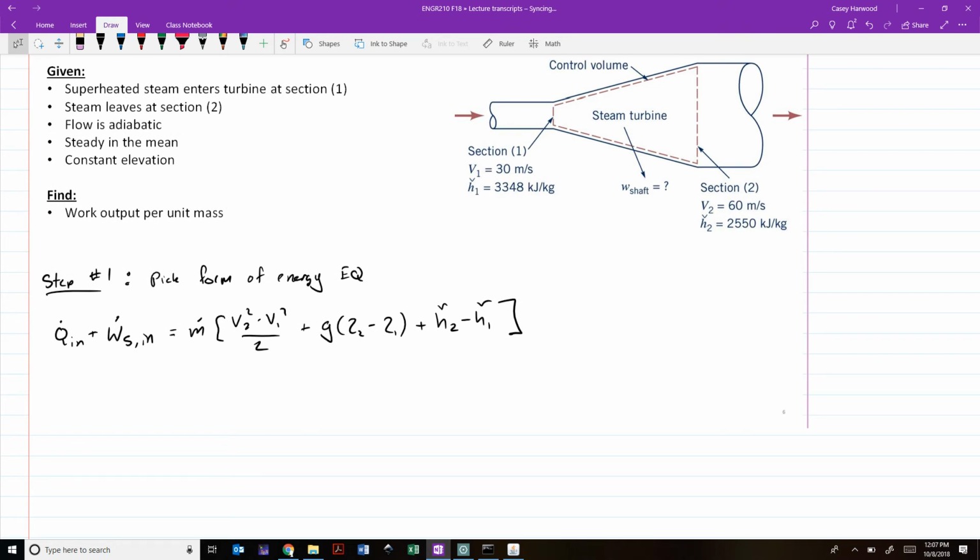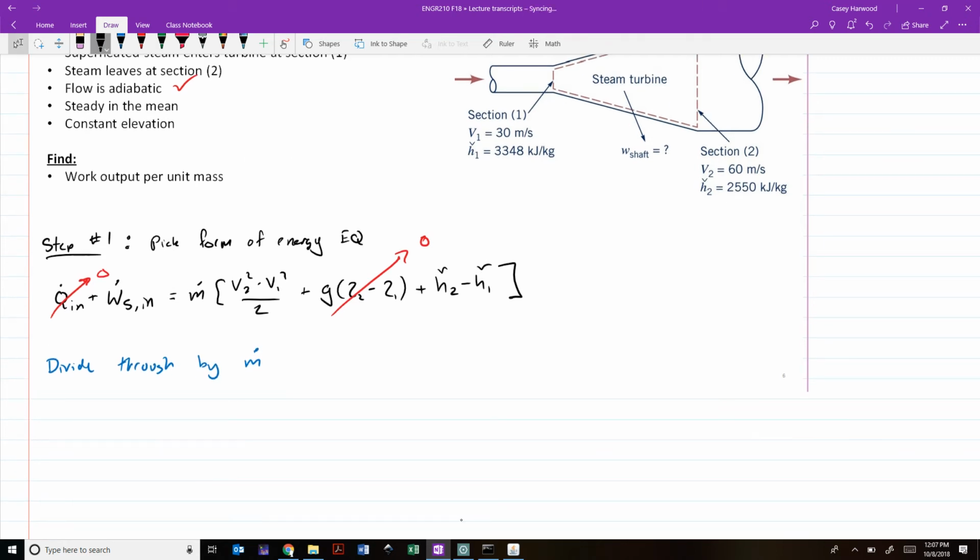From any of these givens, can we at this point cancel anything out immediately? That can go away. What about Q dot in? Because we've been told that it's an adiabatic flow, so that's 0. That's 0. And then we just established that to get this form of the equation in terms of the variables we want, we would divide through by m dot. So that'll get us